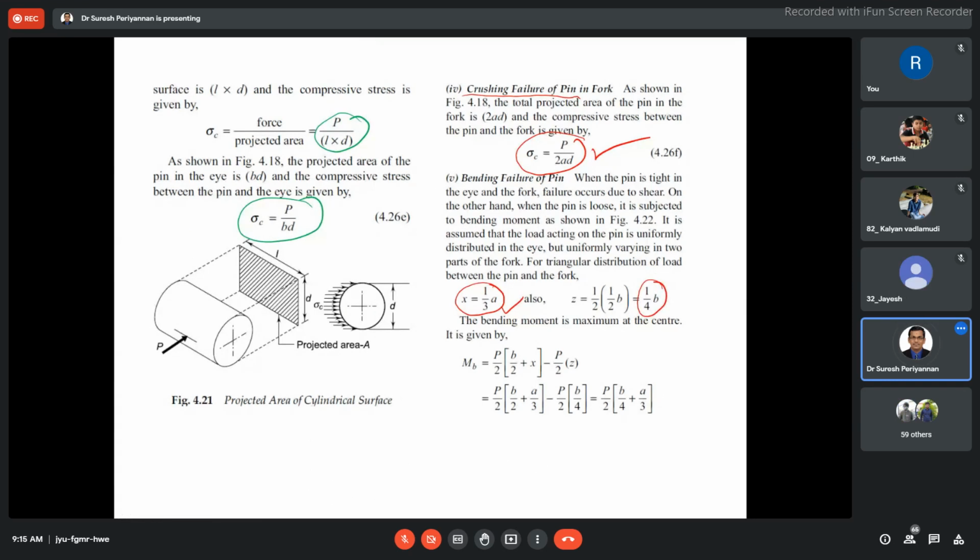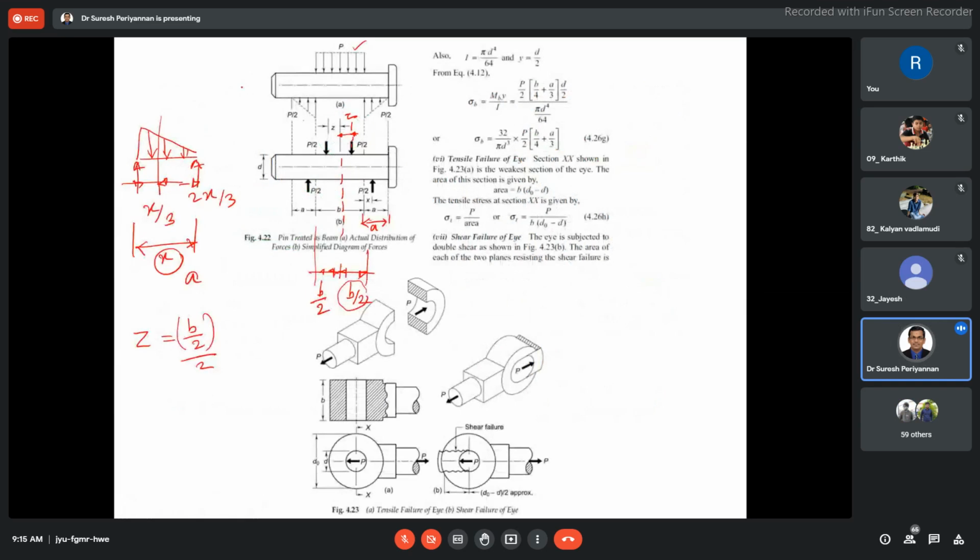Now, bending moment with respect to the center of the beam. In that sense, this is the pin, and the pin is acting as a beam. See here, these are the two supports, in the upward direction. You may consider them like reaction supports. Now a downward force is acting here, P by 2, P by 2, on both sides. But this force is uniformly acting, so on the center's left-hand side I consider P by 2, and on the right-hand side P by 2, as the average force.